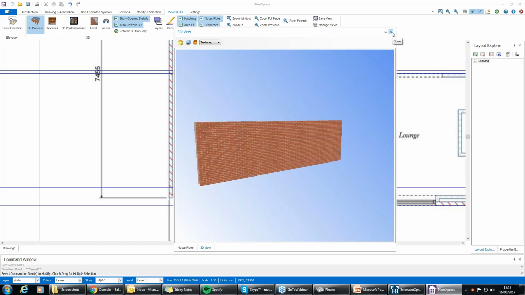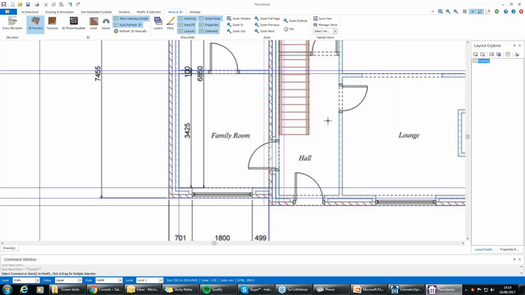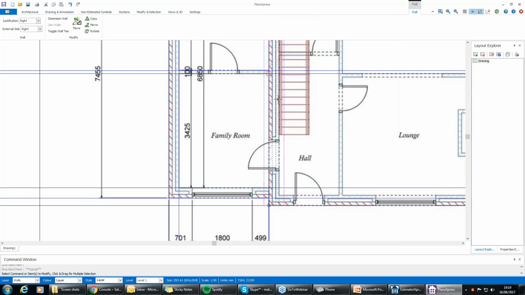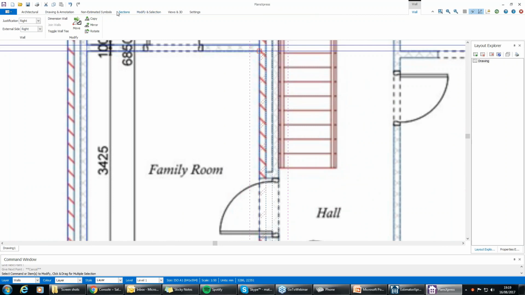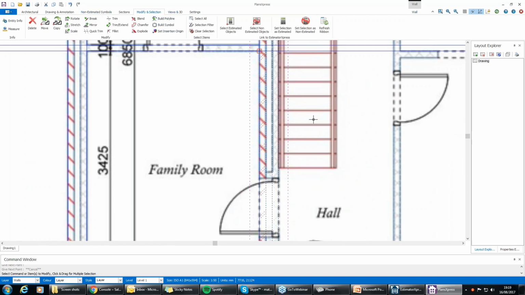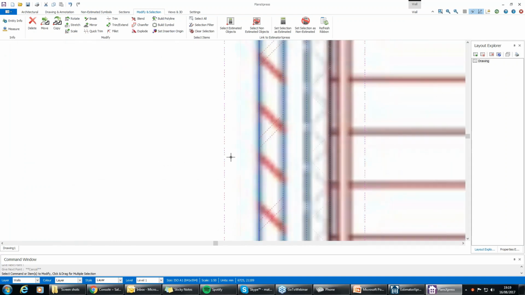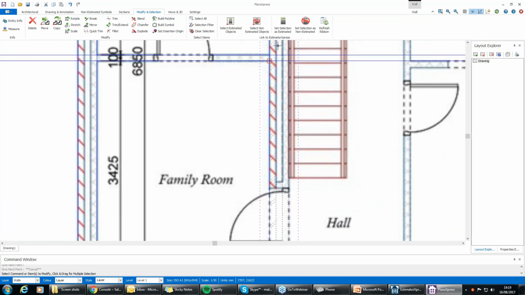Right now, if I were to take this into Estimator Express, it would cost this up. So I'll show you how to make something non-estimated. What we're going to do is highlight the wall. I'm going to select that there, and then I'm going to go to Modify and Selection. As you can see, it started to be hashed. If I go Set Selection as Non-Estimated,